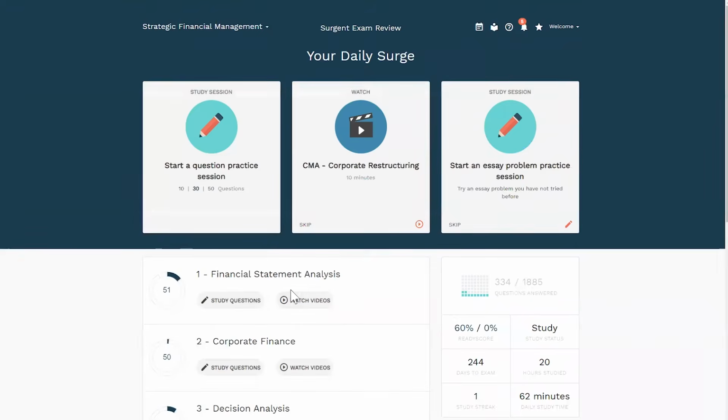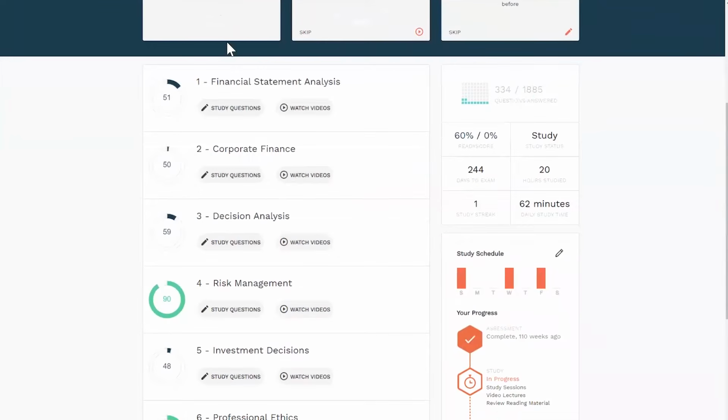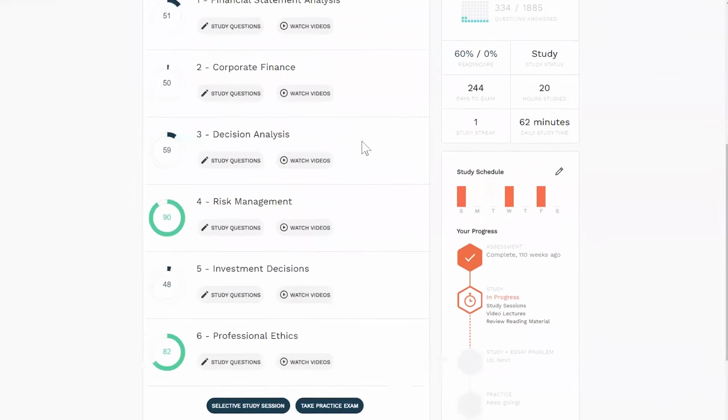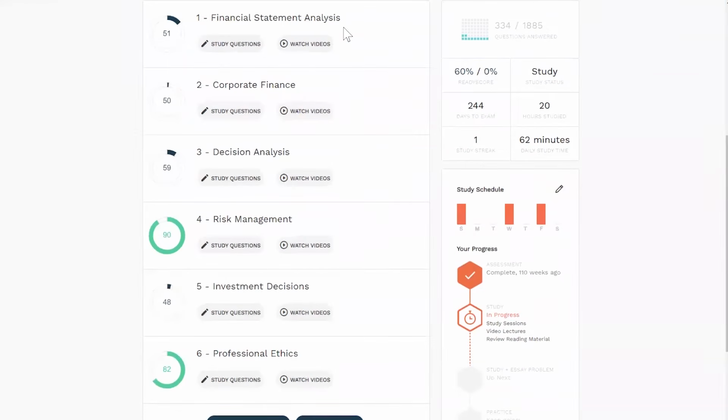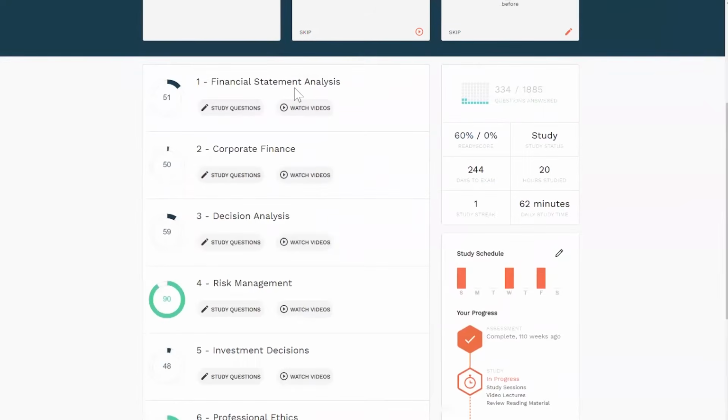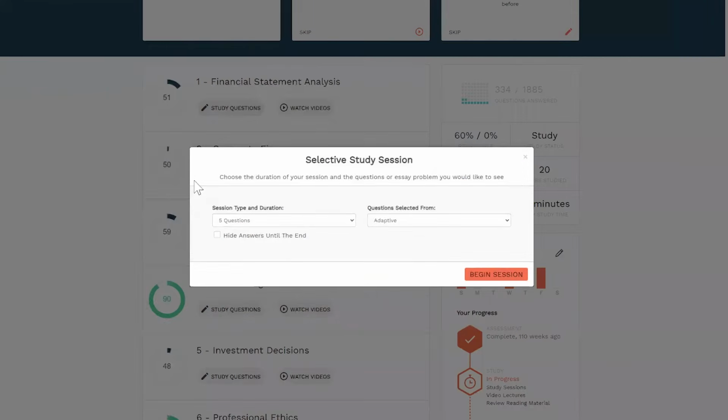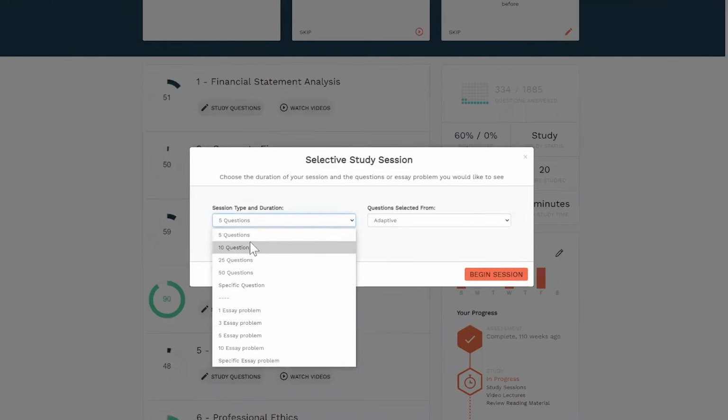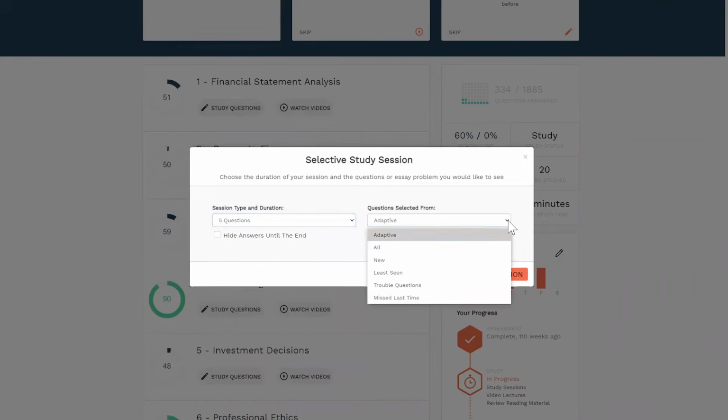So if you want to take a more structured approach, then you can utilize these individual content categories. So this covers each of the sections that are included on part 2 of the CMA exam. So one of the things that you can see here is when we go to look at financial statement analysis, you can either study questions as a whole by clicking here. You can select the number of questions that you want or the number of essay problems, and you can utilize